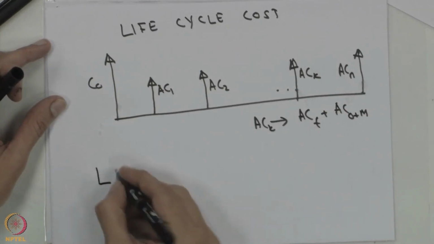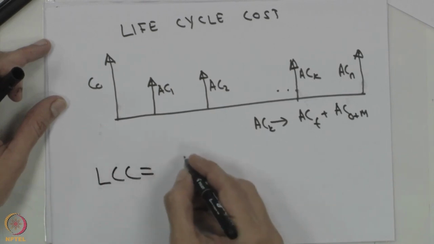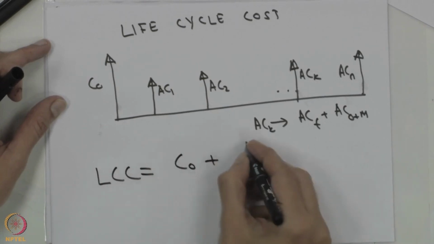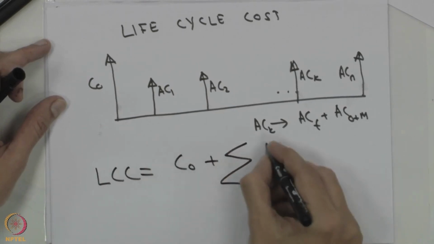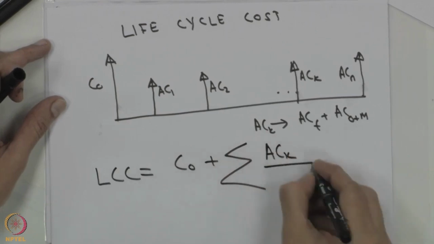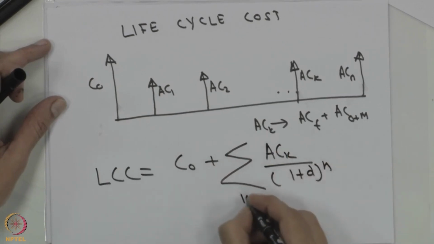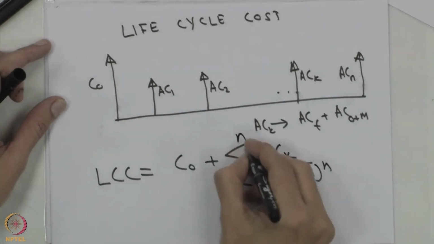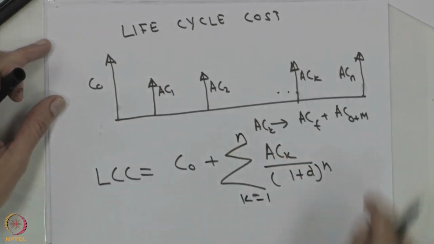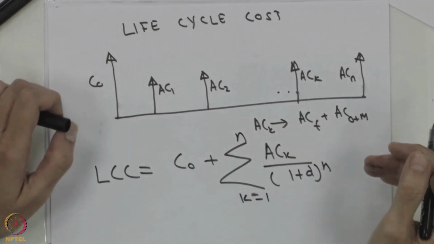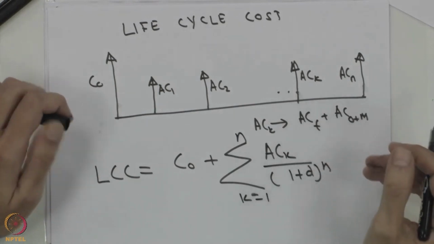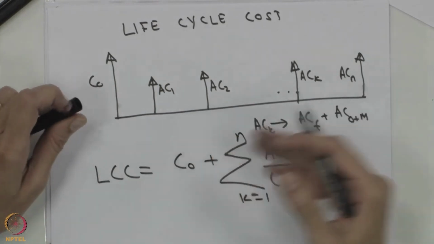The life cycle cost will be C0 plus sigma ACK over (1 plus d) raised to n, k is equal to 1 to n. And that gives us the life cycle cost, the cost of owning and operating that equipment over its lifetime,